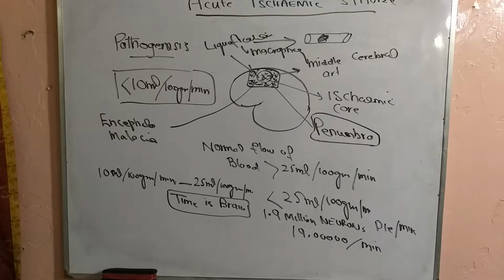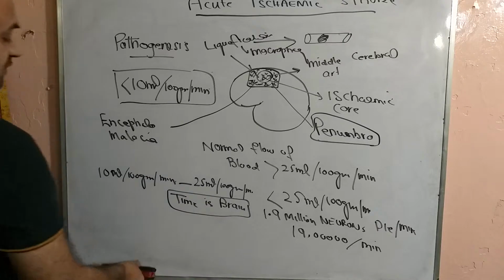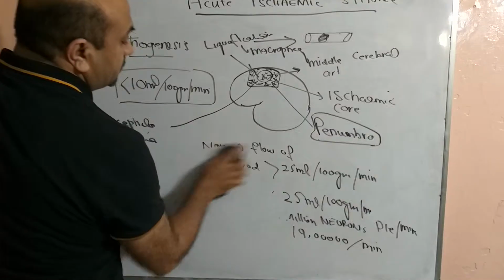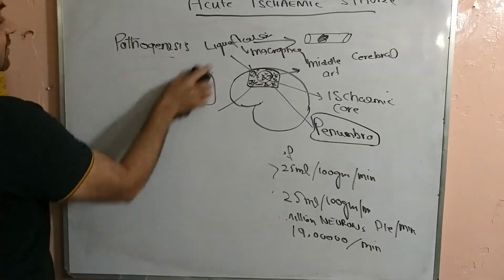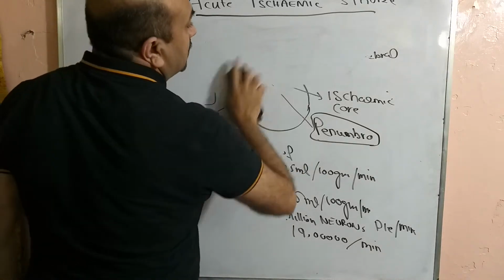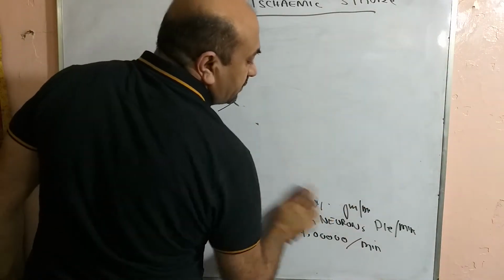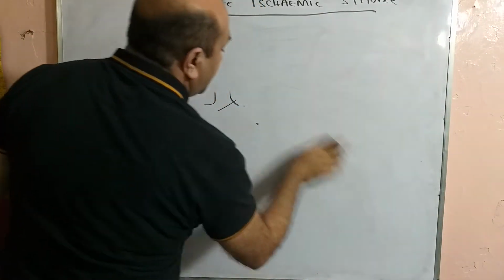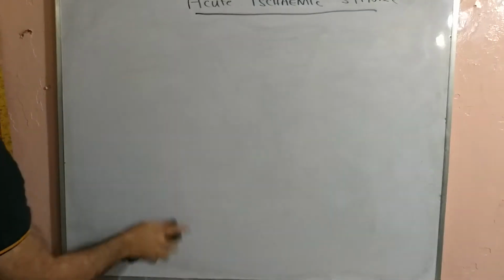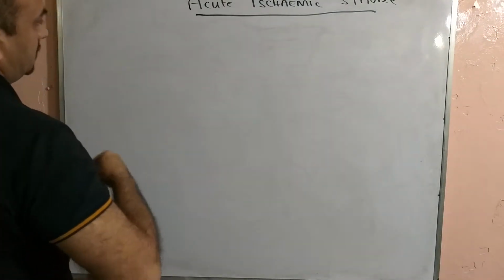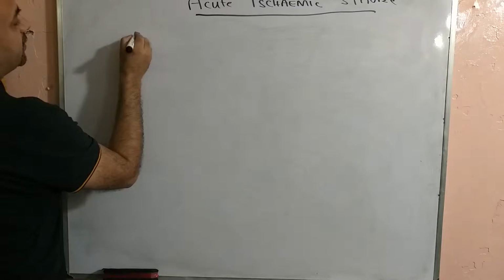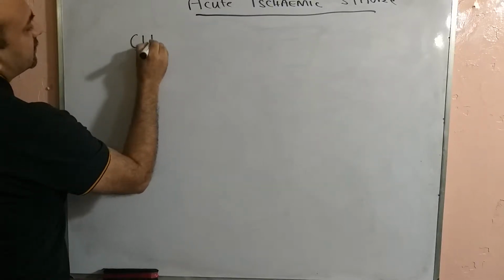So let's talk briefly about the way these patients present in the emergency department and ICU. What is their clinical presentation? What is the clinical presentation of the patients of acute ischemic stroke? So the clinical presentation comprises of